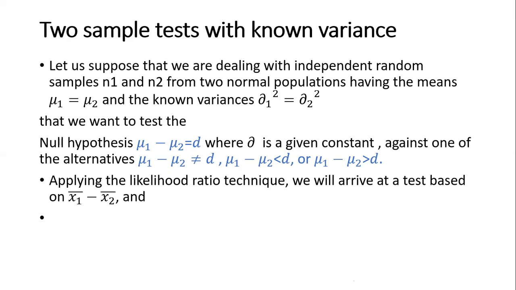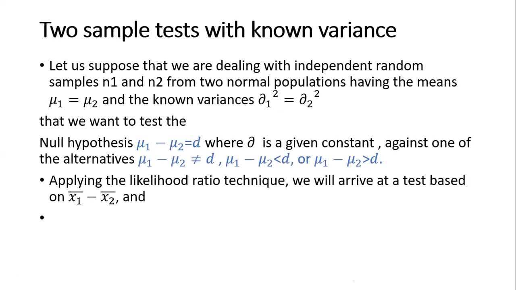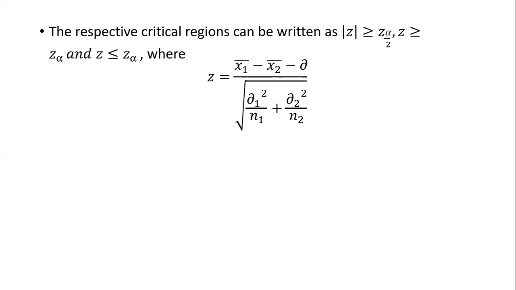When you're dealing with this one, after testing the null hypothesis and also testing the critical region, you need to tell the critical region for such values. When the alternative is mu1 minus mu2 is not equal to that difference, our critical region becomes z over 2. If our alternative hypothesis is that mu1 is greater than mu2, we have either this one